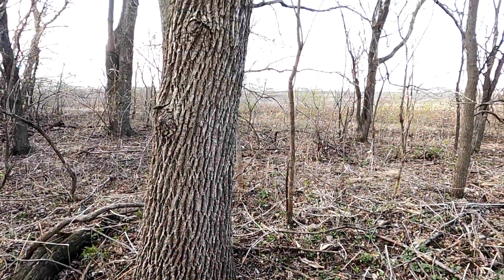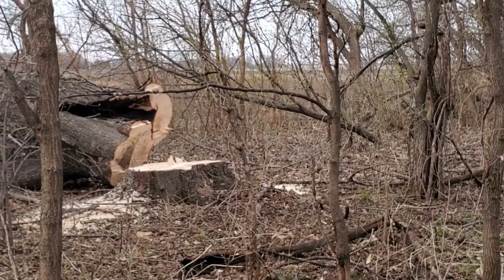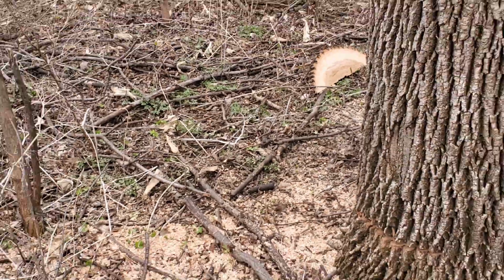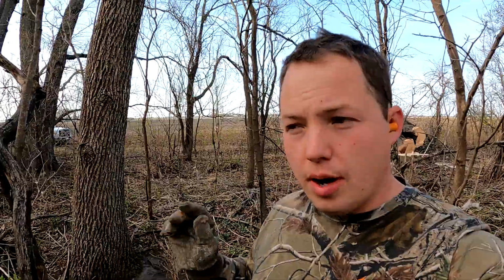Today we're going to be cutting down this big ash tree. So we're shooting for it to fall right next to that stump there. I'm not sure if I got my angle quite right. It should be really close. We'll find out. So I'm going to give you my opinion and tips and tricks for how to cut down